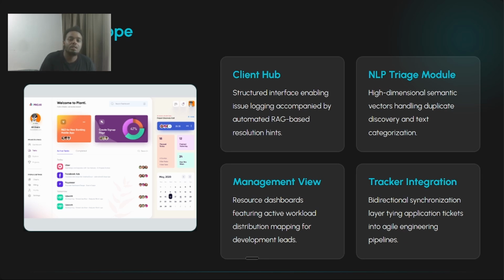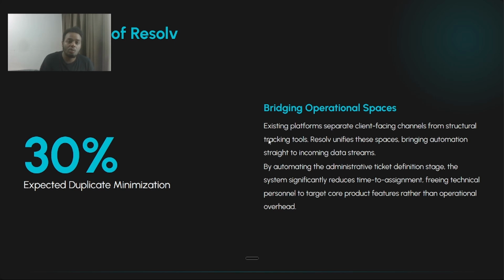So basically, the client can also track how the issue is doing, whether it is with the developer, whether it is being fixed now, and can also ask to be verified by the client when the issue is fixed, etc. So what's the value of Resolve? Well, we want to reduce duplicate reporting by 30%, and we also aim to increase self-resolution by 20%. Like 20% of the tickets issued by clients are resolved by AI automatically using RAG. The AI will understand my system and then try to self-resolve it.